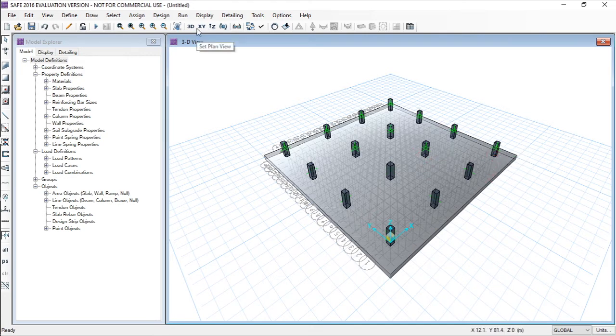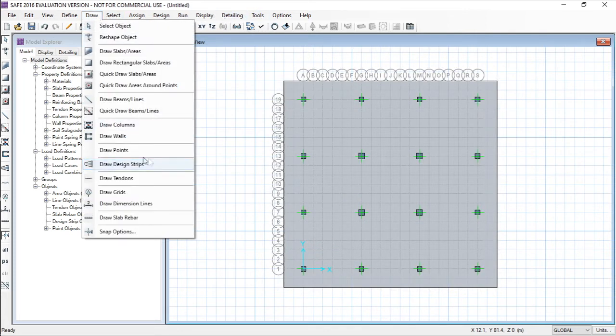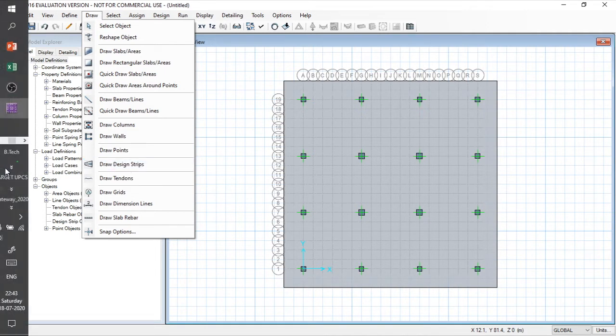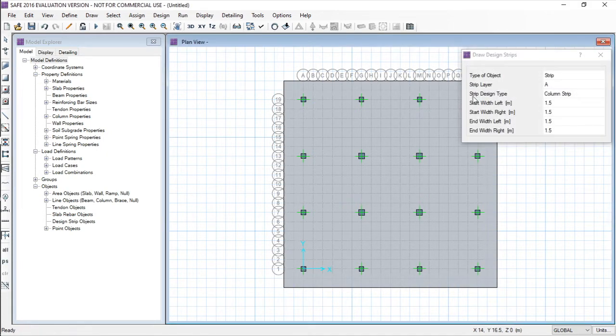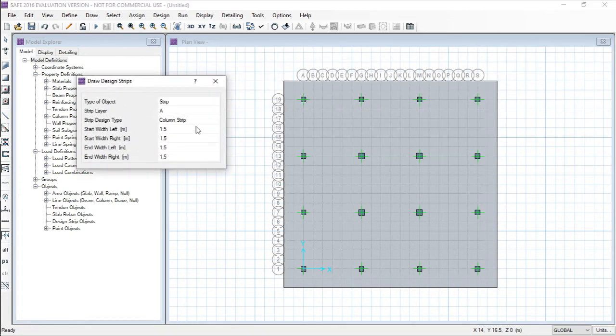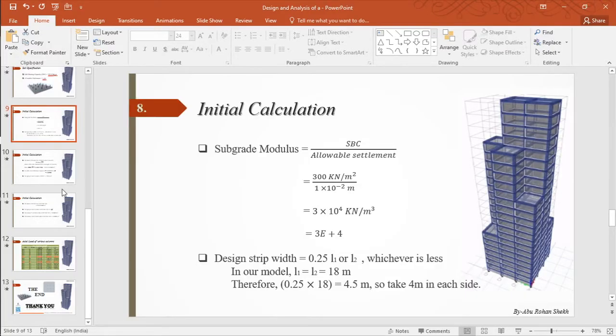Now let's draw the strip. Right? So just go to the plan view and go to the draw menu and go to the draw design strip. We can also activate this command from this. Okay. Now over here I have to refer to the PPT for the design strip.